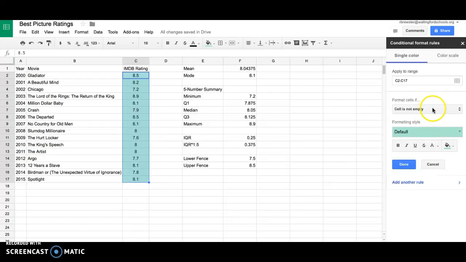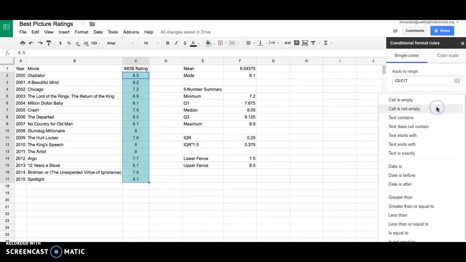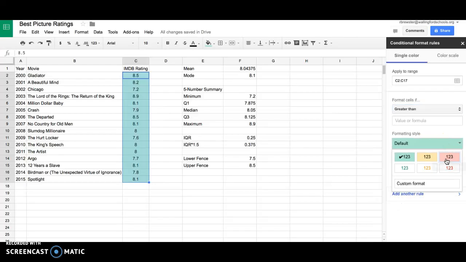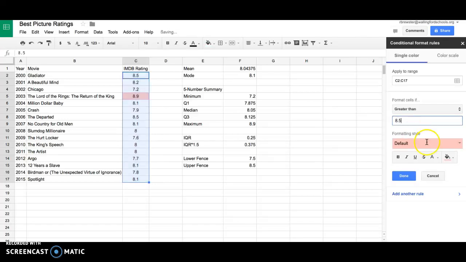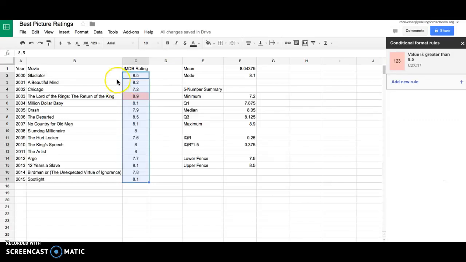It says cell is empty, cell is not empty. But what I want to do is greater than. I want to find my outliers that are above the data set. And I'm going to color those red. Okay? And I want it to be greater than this upper fence. It's greater than 8.5. Now, any data point that's above 8.5 is going to be highlighted in red,